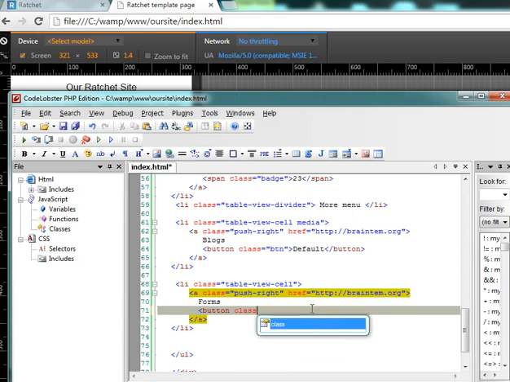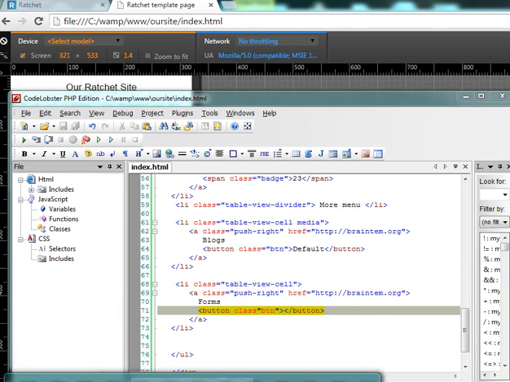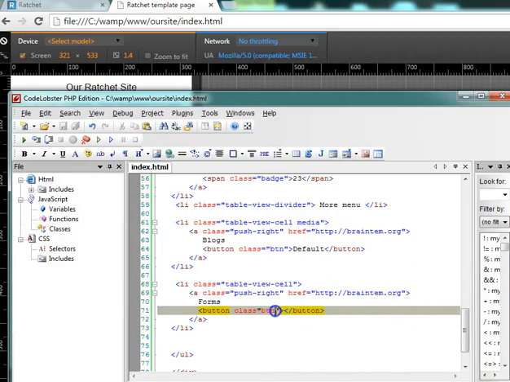Button class, btn, and we'll specify the attribute that makes it beautiful. You have btn primary, and we could just write primary. And when we refresh,